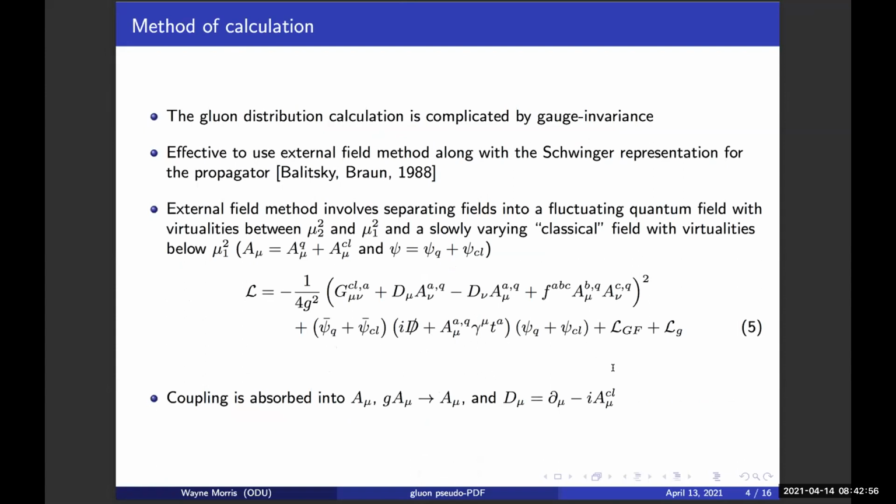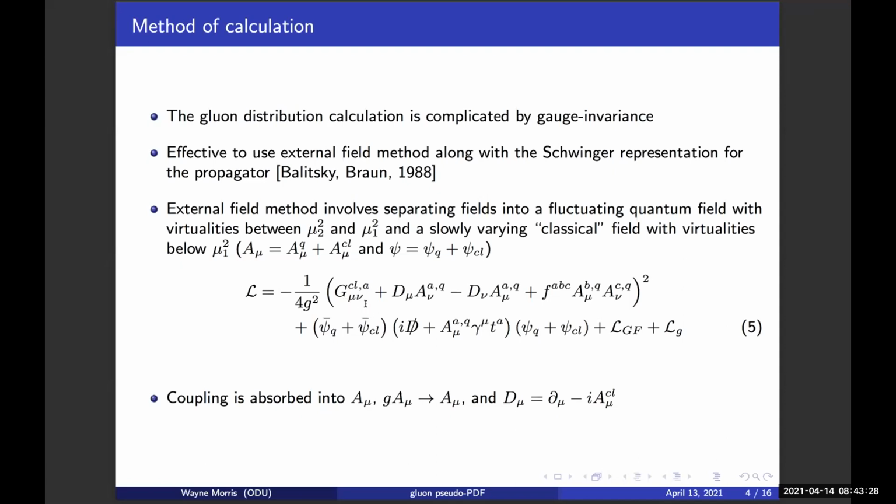The external field method involves separating your fields, your gauge and your fermion field, into a quantum field that has some virtualities between, say, mu2 squared and mu1 squared, and this slowly varying, in quotations, classical field that has virtualities below this mu1 squared. And so if I rewrite my Lagrangian, absorbing the coupling constant into A, the gauge field,